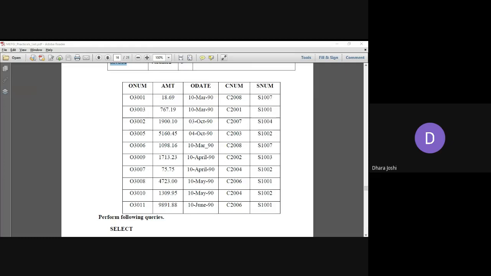Pooja, also give me the insertion query. I hope your table is created properly, because at my side your order table is created successfully. Okay, very good. Pooja's query is solved.